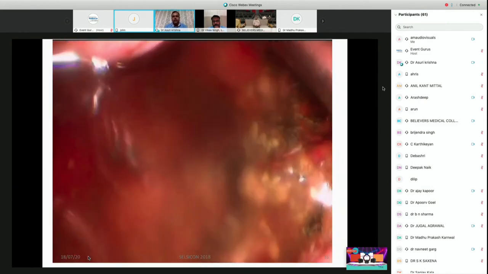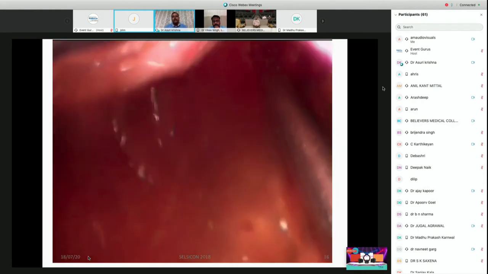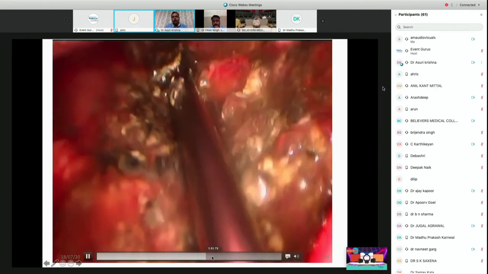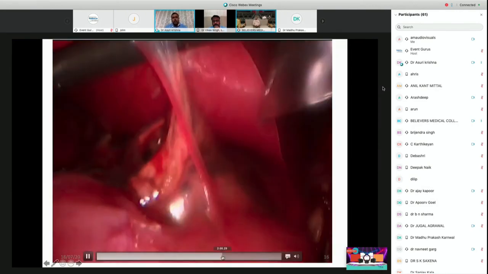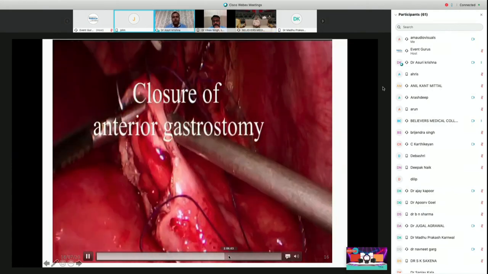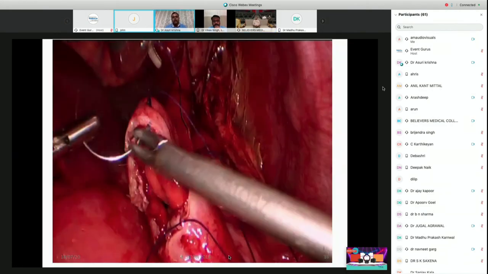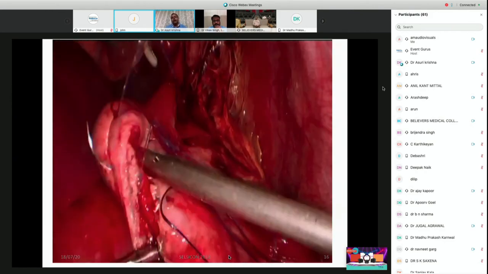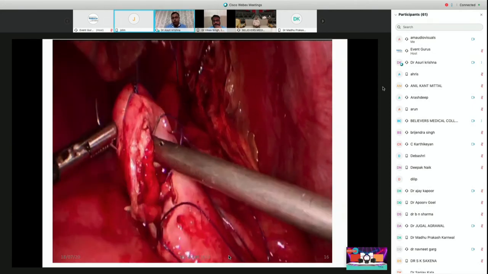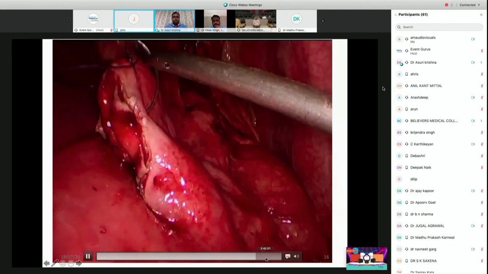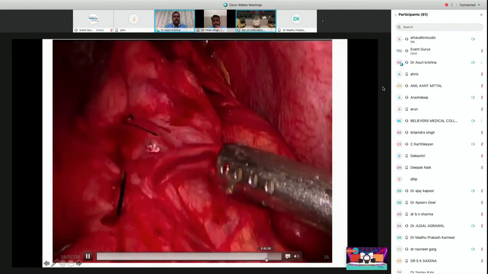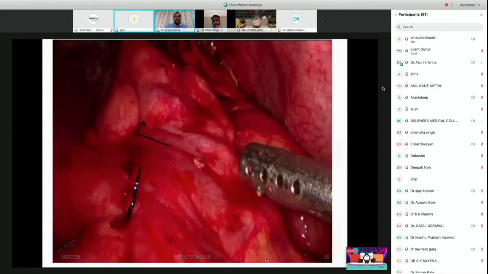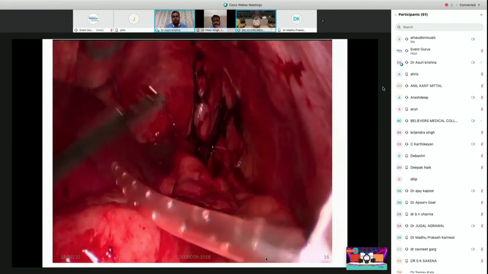So after doing a thorough saline lavage inside the cavity and ensuring hemostasis, the stomach can then be closed by intracorporeal suturing. We usually do a 2-layer closure of the anterior gastrostomy. So we take a first full-thickness bite, which is always continuous, followed by a seromuscular bite. Once you have completed the entire suturing, you do a thorough saline lavage to ensure that there are no other collections left in the pelvis or the subhepatic region, and then we place a drain close to the closure of the gastrostomy site.